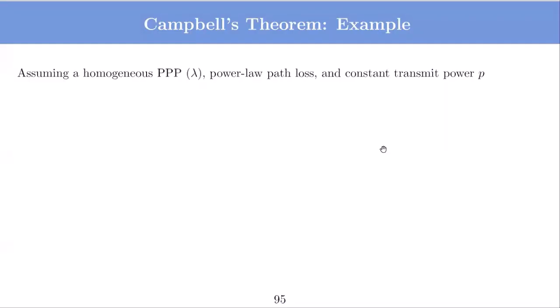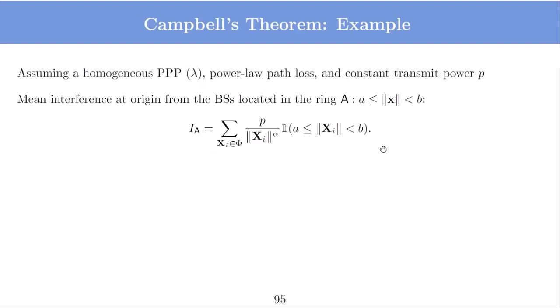Let us see one example of Campbell theorem where it can be applied. We take an example where you have a homogeneous Poisson point process, so it's a uniform point process with density lambda. I assume a power law path loss and a constant transmit power. In that case, if you want to calculate the mean interference at the origin from the base stations,